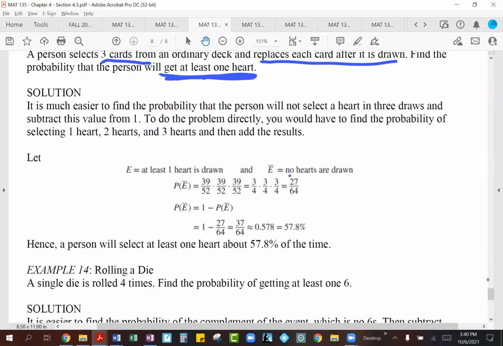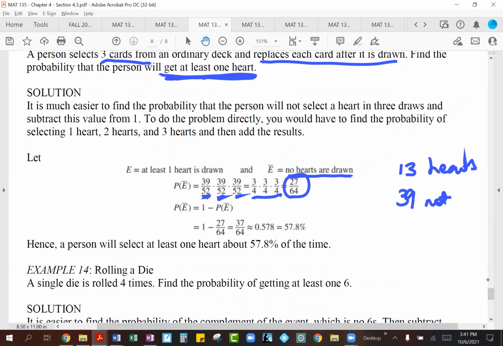So what is the probability that you get no hearts? And remember, we're replacing the card back, so our 52 cards will stay the same every time. So we have 13 cards which are hearts, which means 39 of them are not going to be hearts. So that's where this probability is coming from. So 39 out of 52 is for the first draw, 39 out of 52 is for the second draw, and 39 out of 52 is for the third draw. You can reduce your fractions if you like, 3/4, 3/4, 3/4, multiply them, and we get a probability of 27